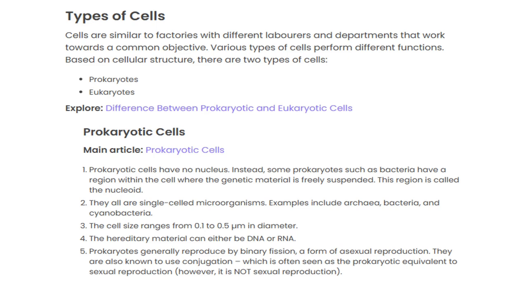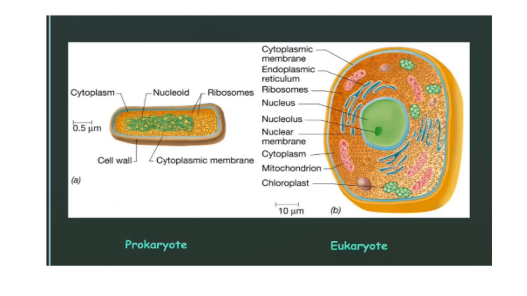The types of cells include prokaryotes and eukaryotes. Prokaryotic cells have no nucleus, and instead some prokaryotes, such as bacteria, have a region within the cell where the genetic material is freely suspended. They are single-celled microorganisms. Examples of prokaryotic cells are bacteria, cyanobacteria, and archaea. The cell size mostly ranges from 0.1 to 0.5 micrometer in diameter, whereas the eukaryotic cells